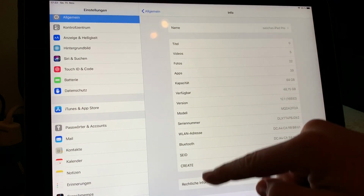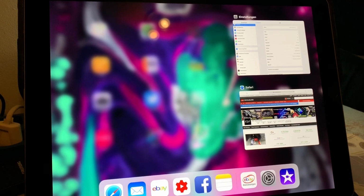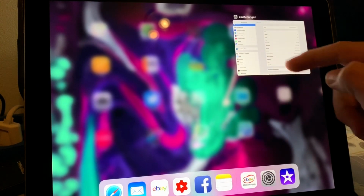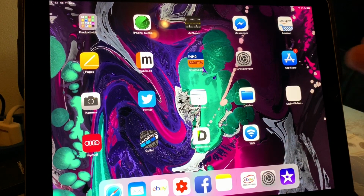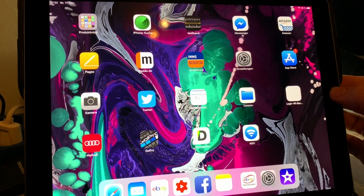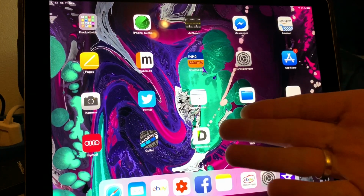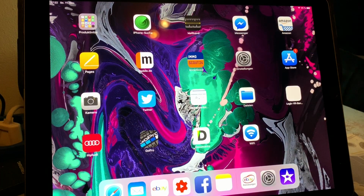You can perform it with your hand. Only swipe from the bottom side upwards, rest for a second, and then you can delete or turn off all apps in the background. This will speed up your iPad a little bit, and you can see now the apps are off, not deleted. So easy it is to get a little bit more power into your Apple iPad Pro